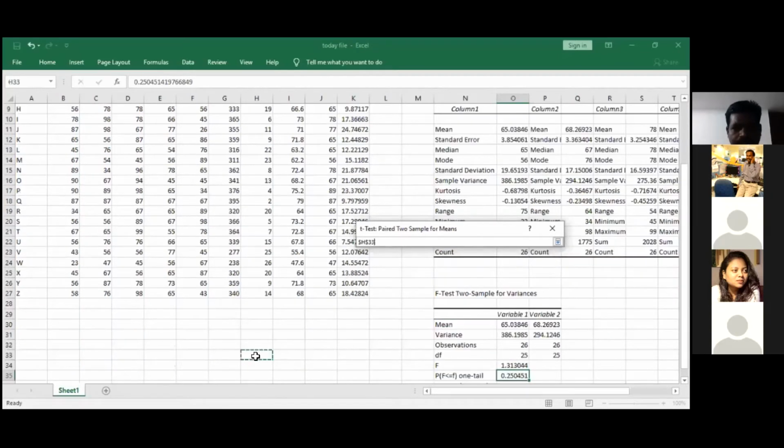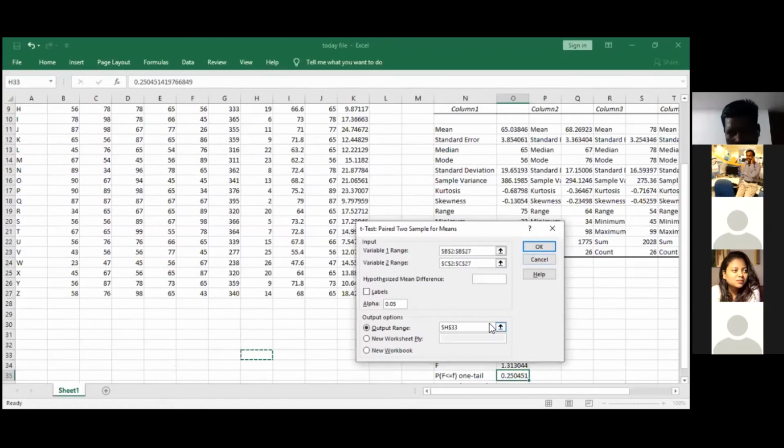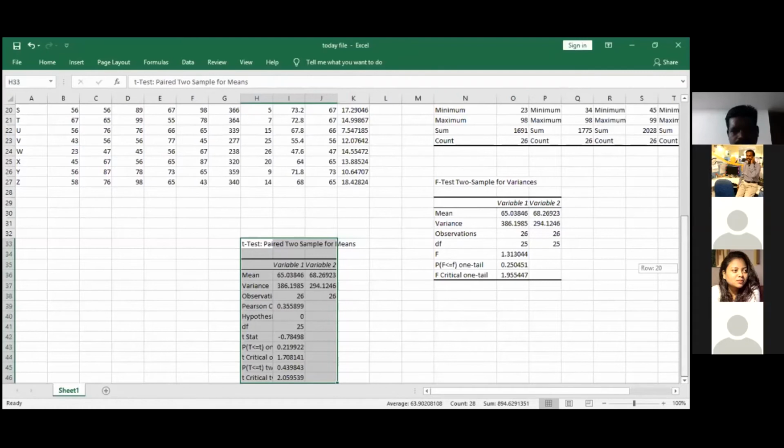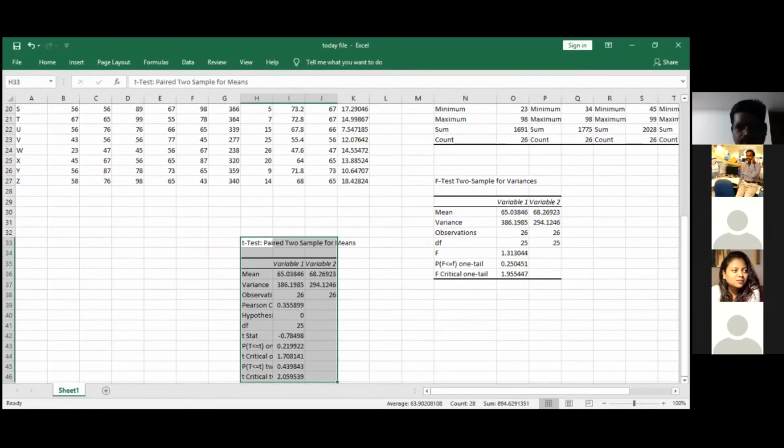Step 3, test. The results arrive for mean, then variance, then